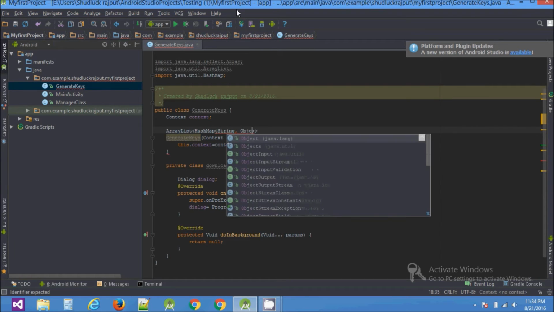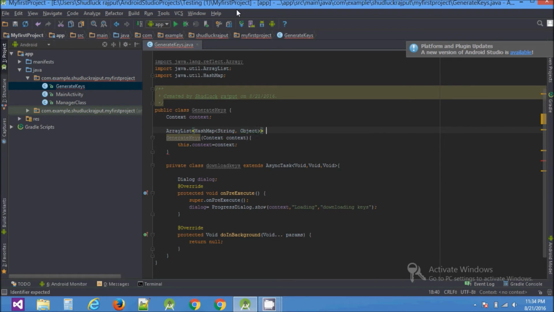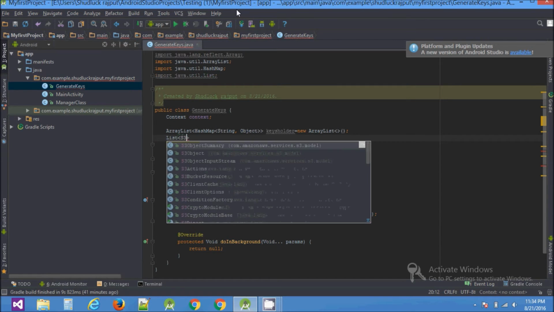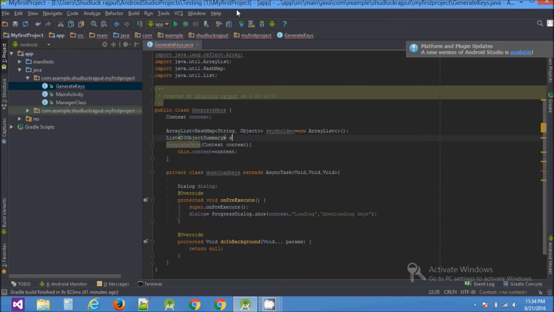I'll name it keysHolder. Inside this we will be saving each and every key that will be downloaded from the AWS S3. Okay, and we will initialize it equals new ArrayList. And we will be needing a List object of type S3ObjectSummary. I'll name it s3ObjectSummaries. Okay, no need to initialize the list.